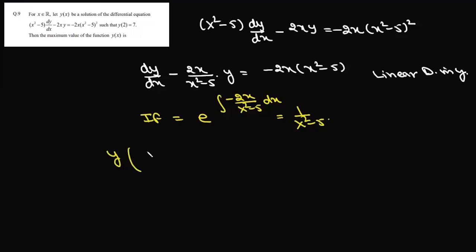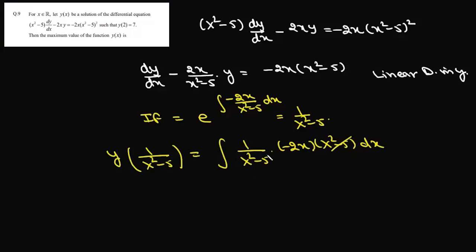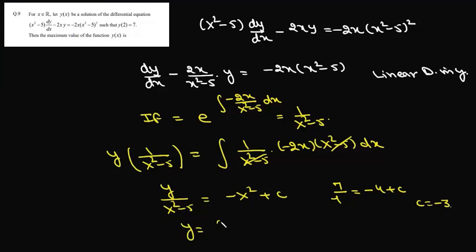Now this is y into 1 upon x square minus 5, and it will be equal to this integral 1 upon x square minus 5 into minus 2x x square minus 5 dx. Now I'll cancel. So y upon x square minus 5, this is minus x square plus c. Now when x is 2, y is 7. So this is 7 and this is minus 1 and this is minus 4 plus c. So value of c is minus 3. So this y, it will be x square minus 5 into minus x square minus 3,